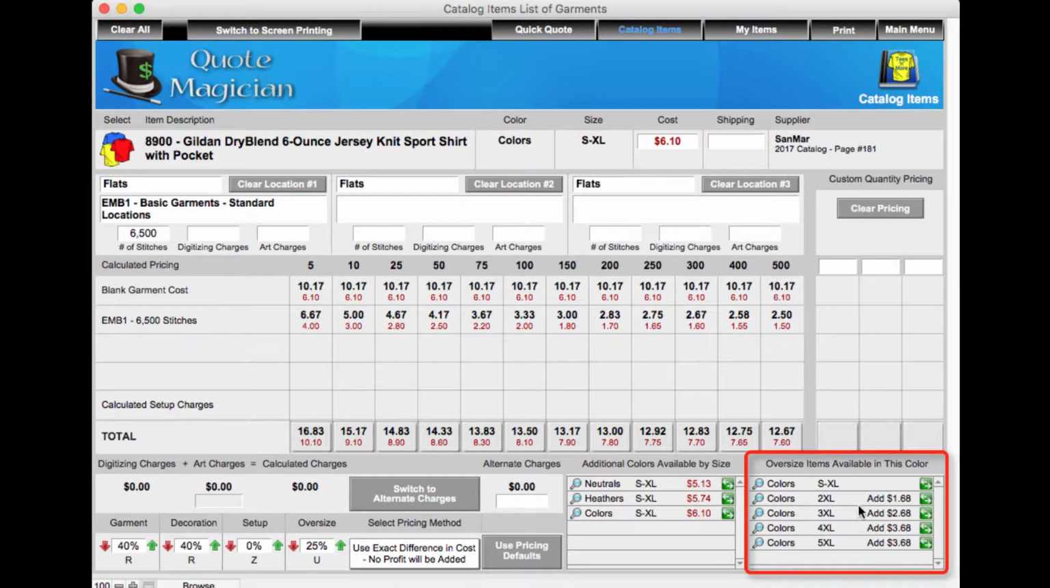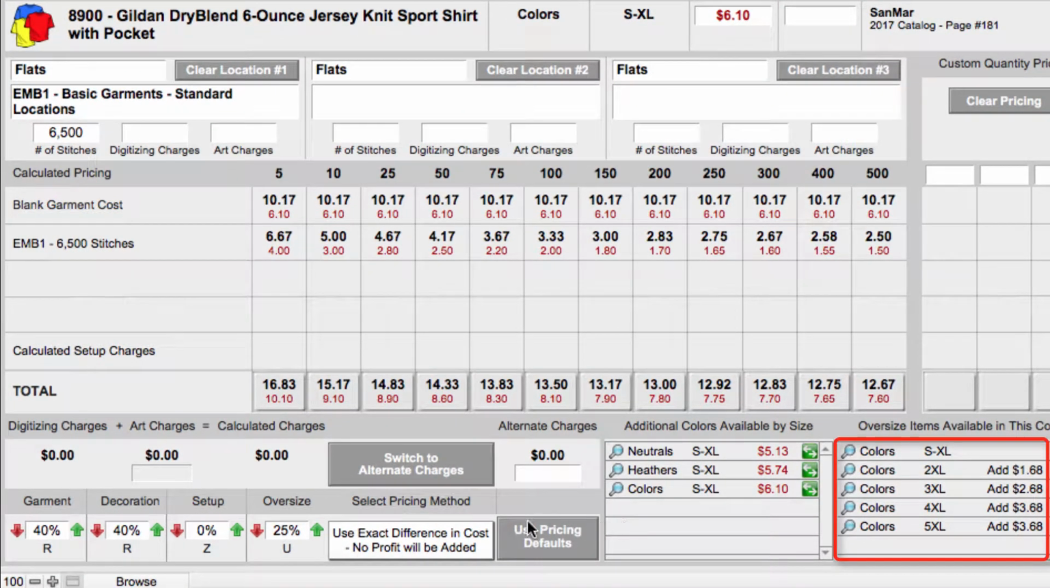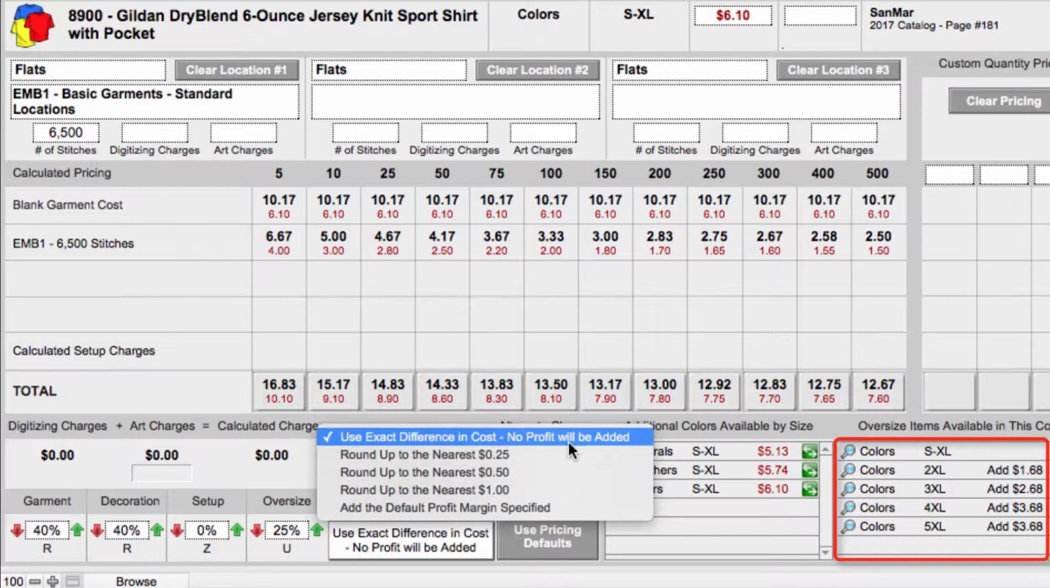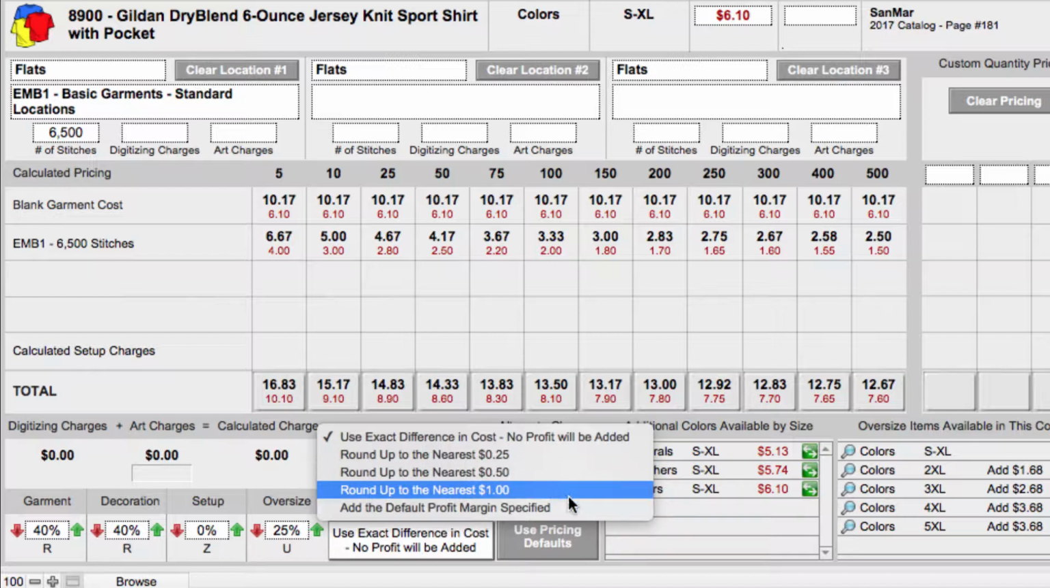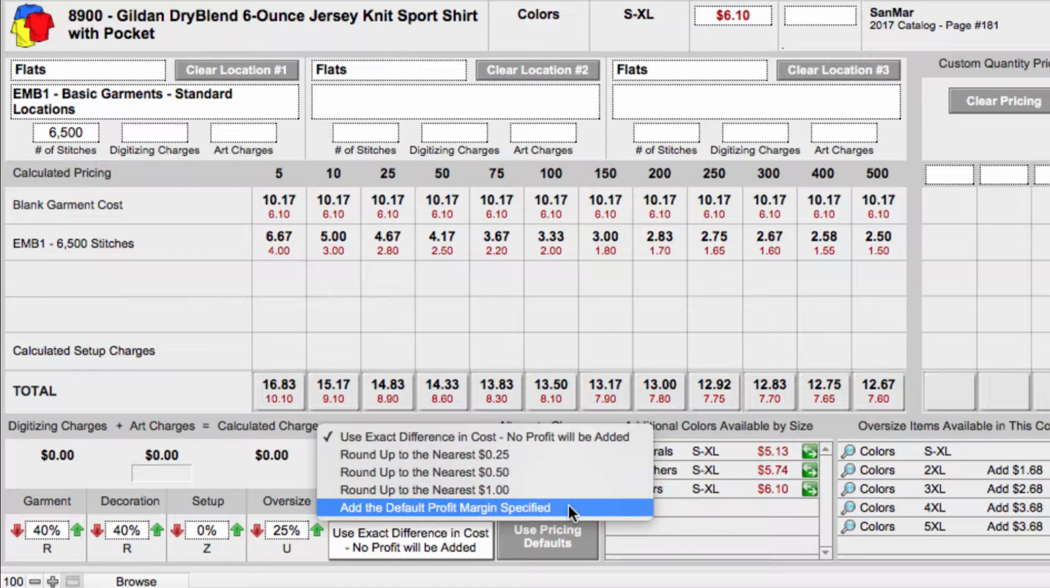The oversized pricing is also shown. Oversized pricing can be calculated in one of 5 different ways. As you see here, the cost shown at the bottom right is the exact difference in cost. No profit is being added. You can also round up to the nearest quarter, 50 cents, or $1. The final option is to add the default profit margin, in this case 25%, or you can change the percentage